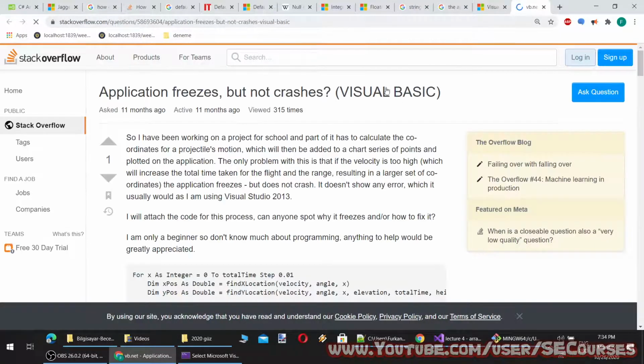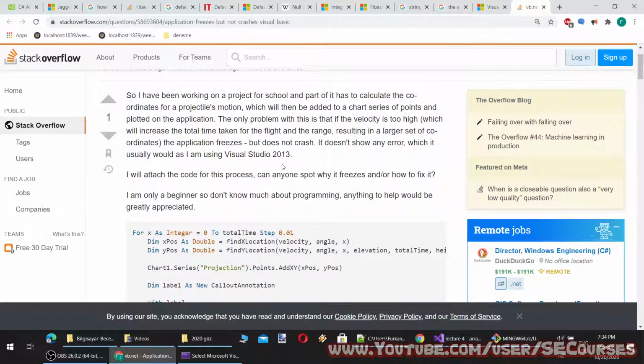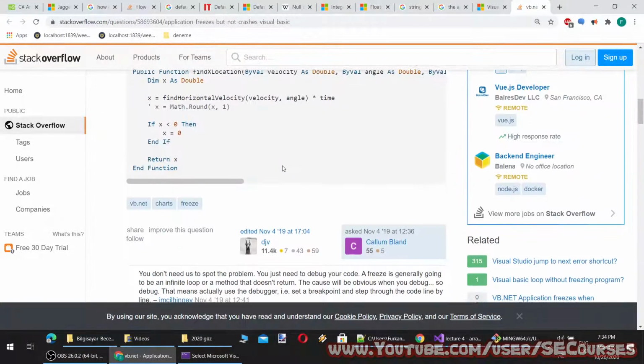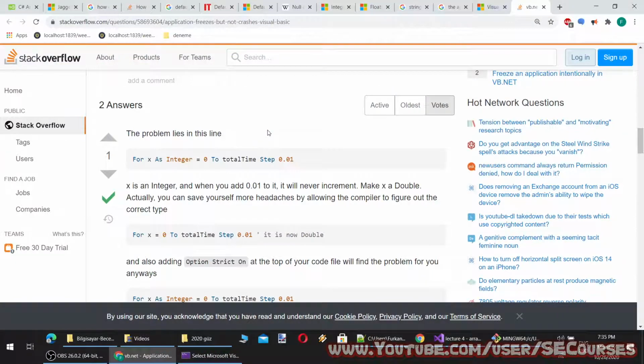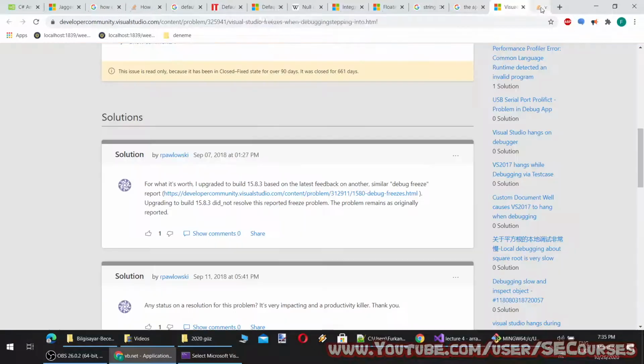This is a better description. It freezes but does not crash. Okay, this is not the case we want.